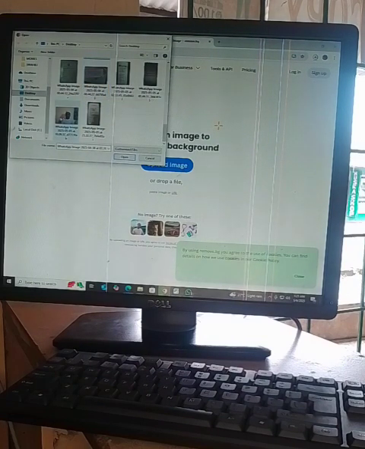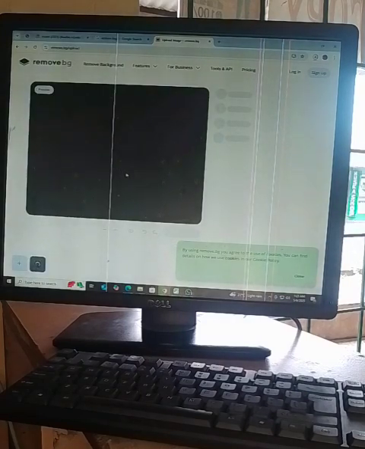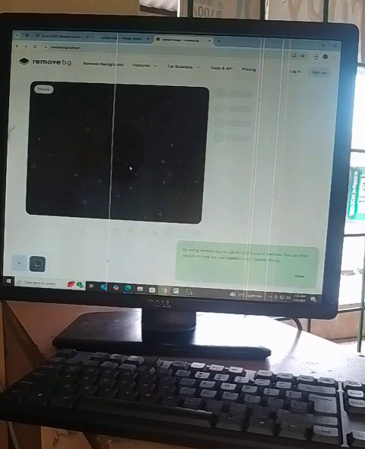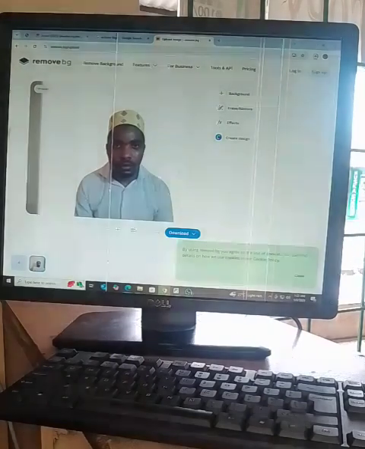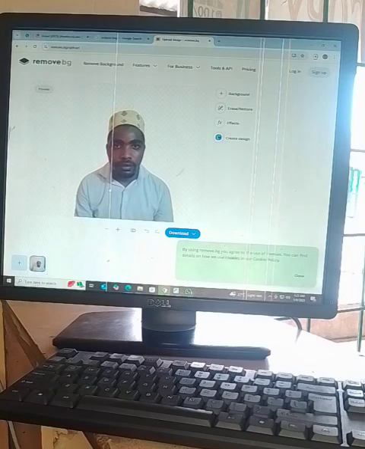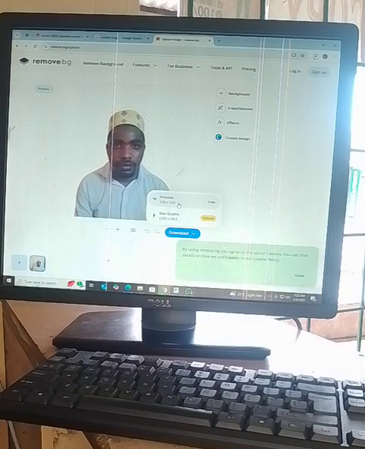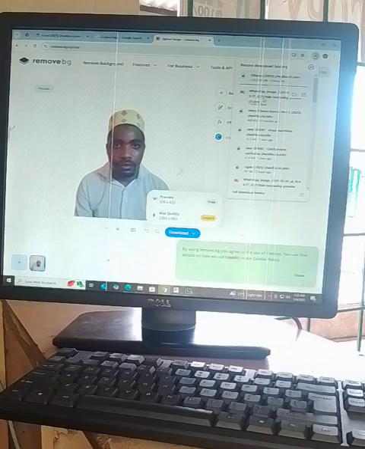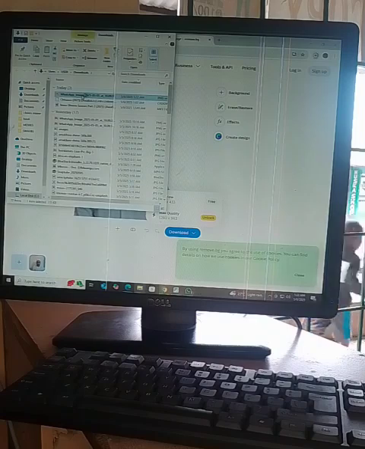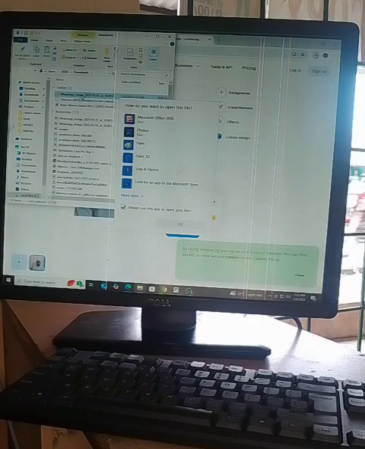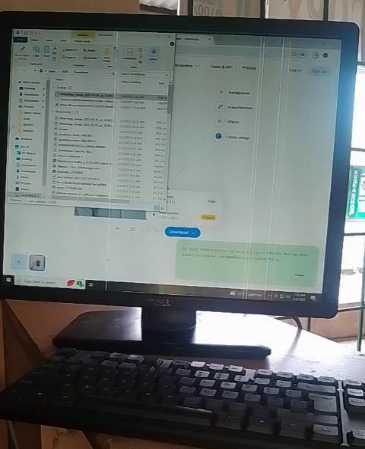As you can see, I'm tapping that and we open. It will be displayed on the screen as you see. So after a few seconds, the background will be removed. You click download, then on the free, then it will be downloaded in a few seconds. There it is, show in the folder, then tap, we open and we can see choose an opening source. As we can see, it's opening.